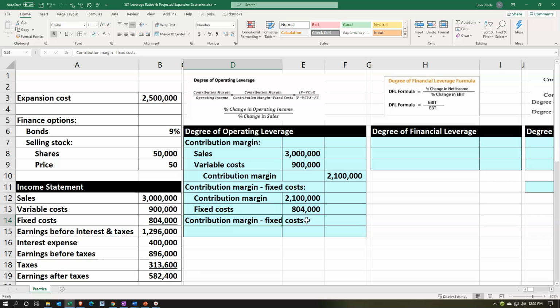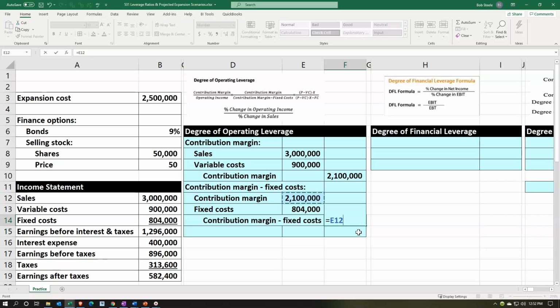Let's go ahead and indent it 2 times now. Home tab, alignment, indent, and indent again. We'll then take this to the outer column. This is going to be our denominator, which is going to be the 2,100,000 minus the 804. That's going to give us our 1,296,000, which is, of course, this number as well, operating income or earnings before interest and taxes, or contribution margin